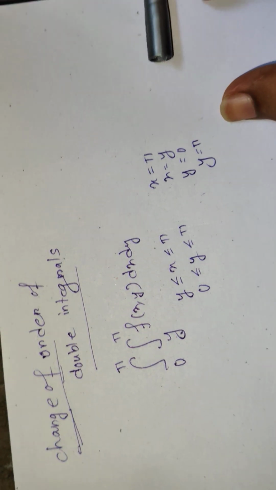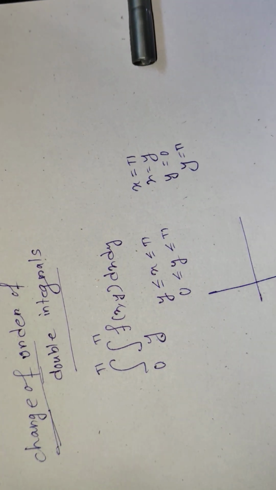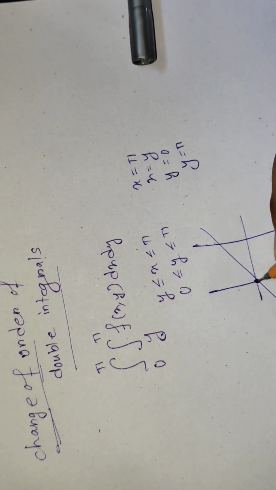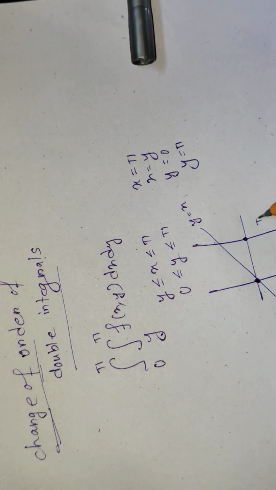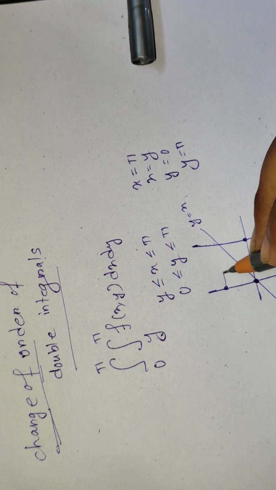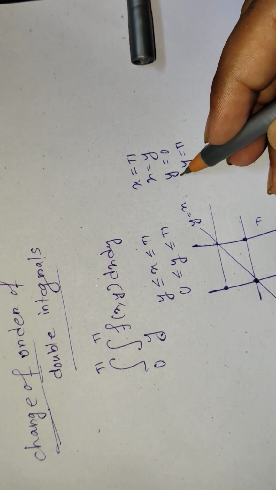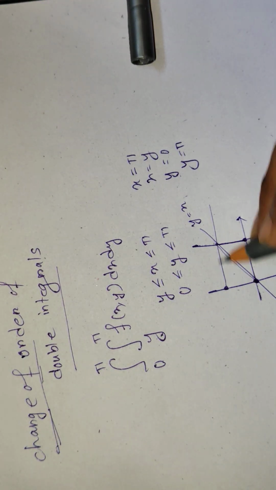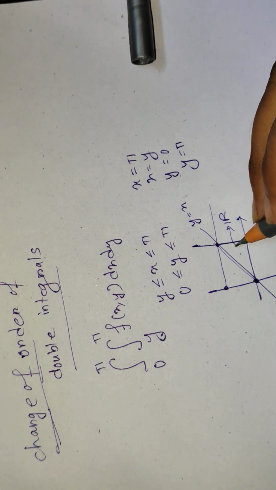Now the graph will be looking something like this. This is y equals x, this is the point pi, and this is the point pi, and this is the graph. Very nice. Now what will be the region? Since we are taking y equals 0, that means we are taking the x-axis, this line, this line, and the point of this line. That means the region is this basically. So we are talking about this region.